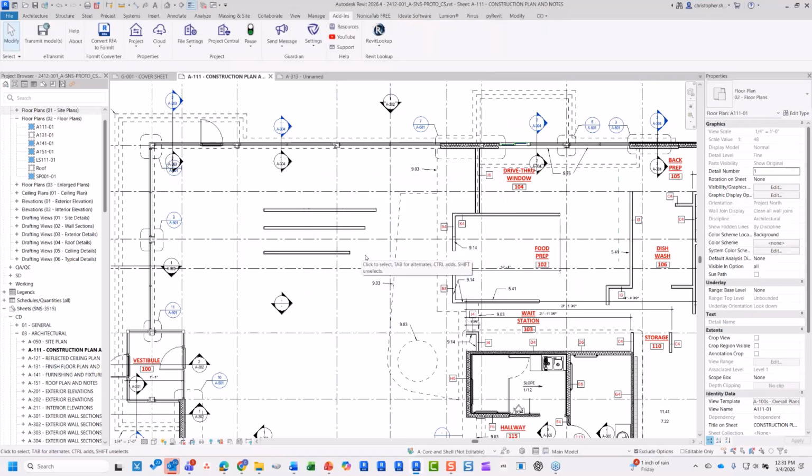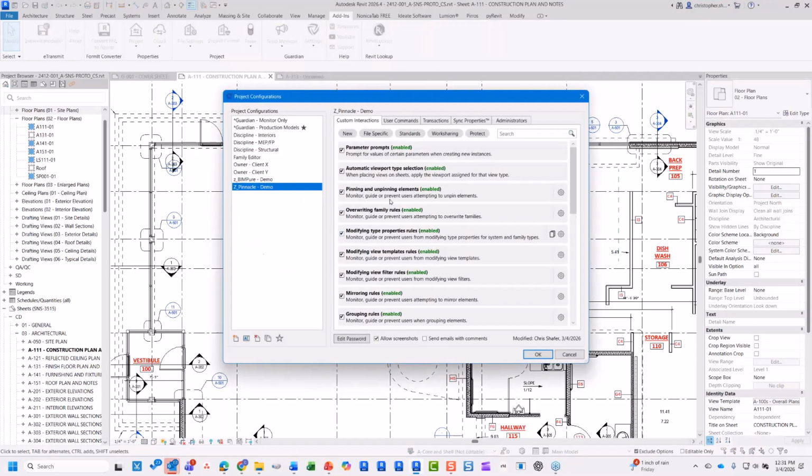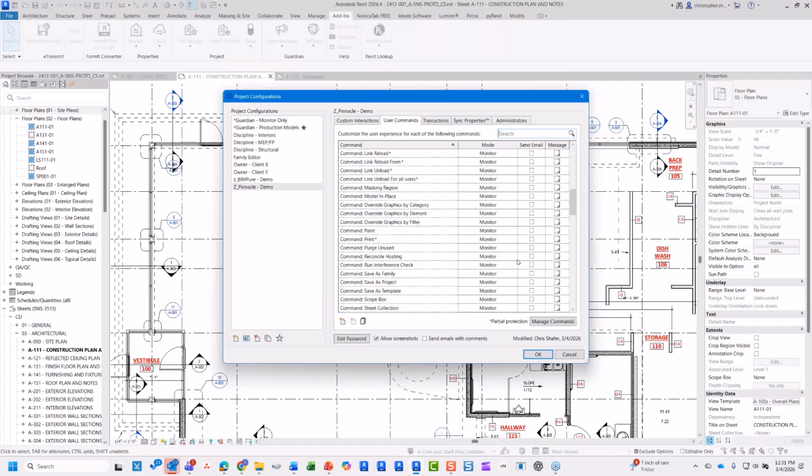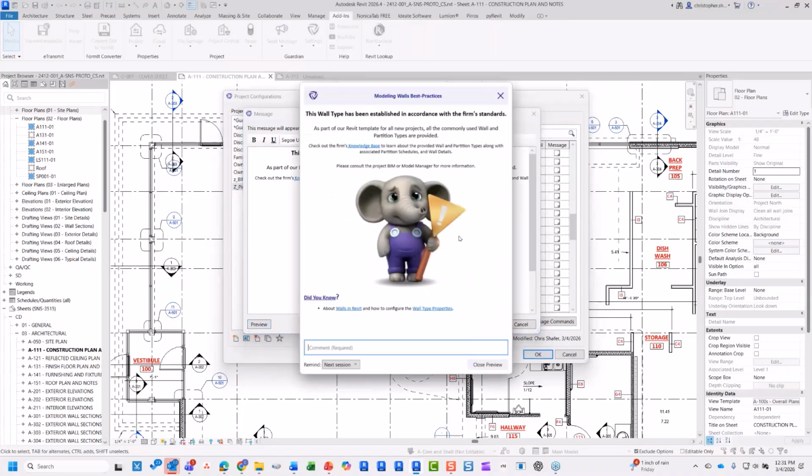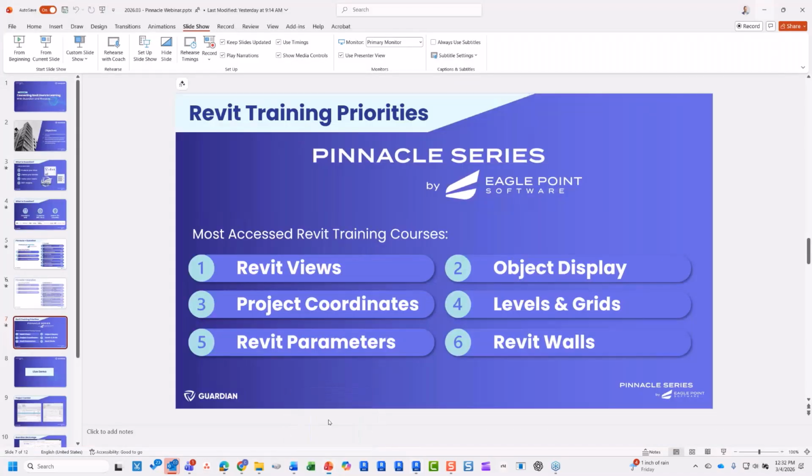And I apologize, it didn't quite work the way that I anticipated. And so again, the goal here is to be able to connect your users in real time with those learning resources to talk about your particular best practices and whatnot, and to link them to your online learning resources for things like Pinnacle. With that being said, I want to switch back over here quickly and talk about